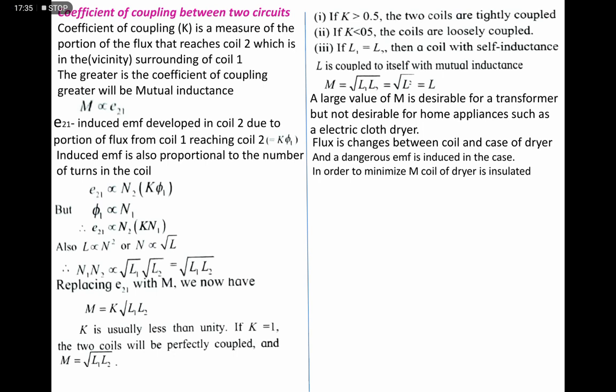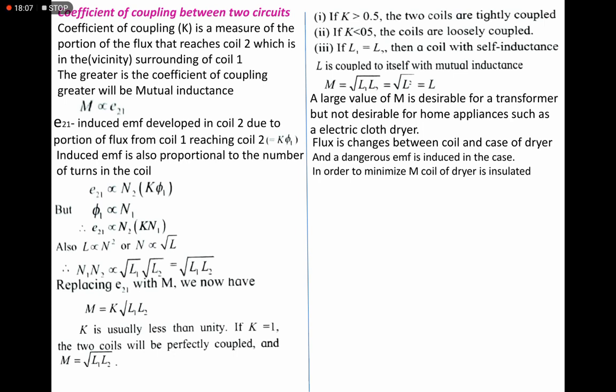When the current changes in the coil of the dryer, the flux is linked with the case, and if the mutual inductance is large, it is dangerous, because current will be induced in the case and it is harmful. So we can avoid this by